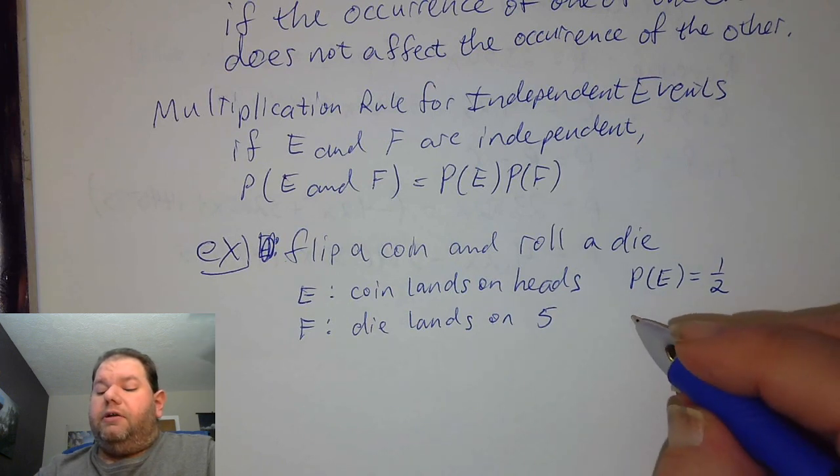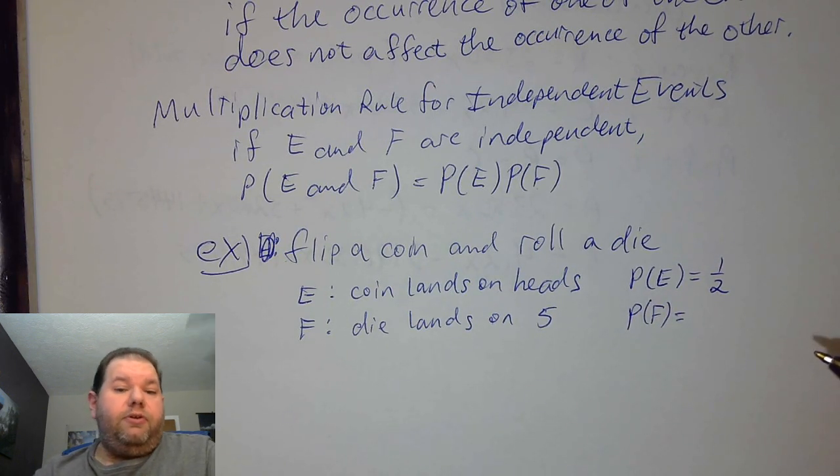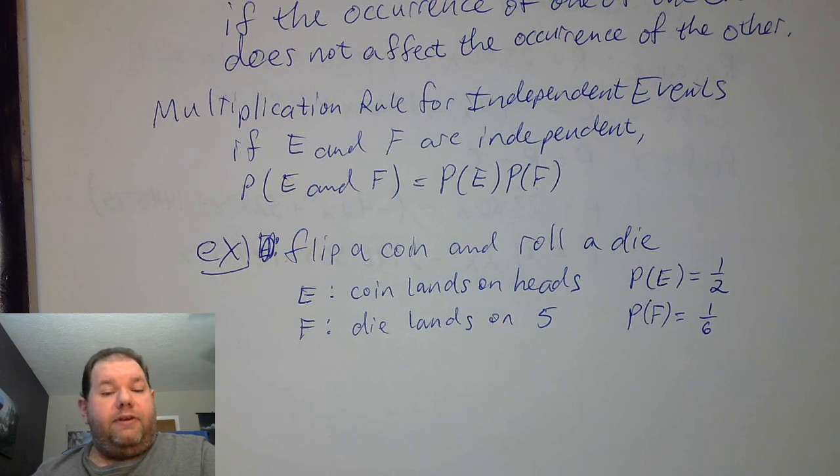For a die, we know that when we roll a die, there are 6 options: 1, 2, 3, 4, 5, 6. Only one of them is a 5 though, so it's a 1 out of 6 chance, or 1/6 probability that